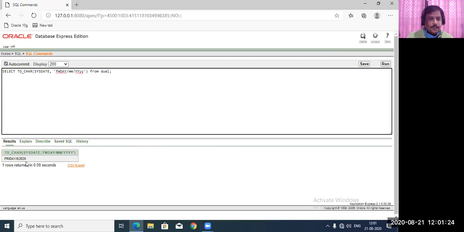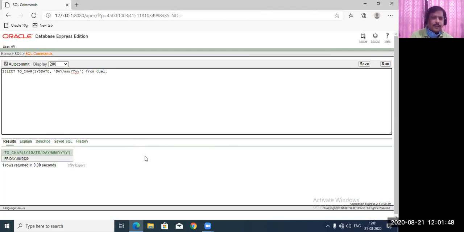So this is the format you are finding here. Whatever the internal format is, we don't know. We just want to forcibly display it in the format the user wants, converting it to this format. If I skip this FM, which is an abbreviation for format, that is also possible. You may use it or not.